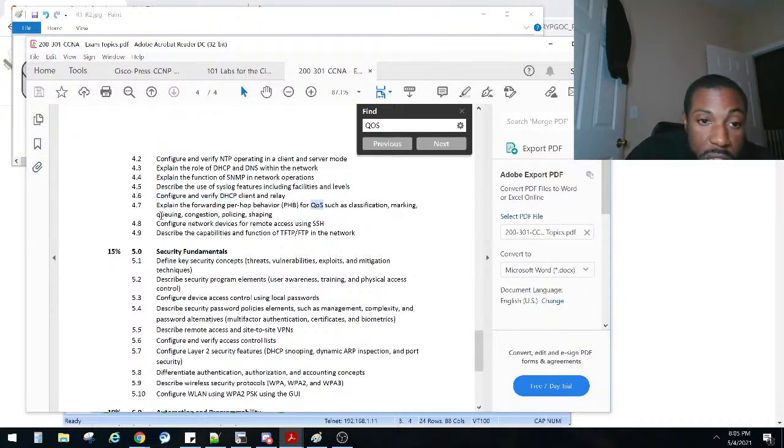There's different ways we can do that. We can do queuing. QoS is a way to mitigate congestion, to make sure that this application's traffic does not get congested and it's getting all of the bandwidth it needs, right? Policing and shaping are other ways we can do that. But this lab that we're going to do doesn't get into all of that. It just has us set up a simple